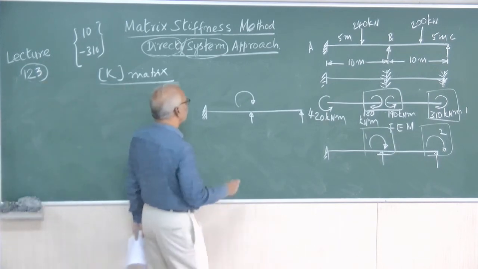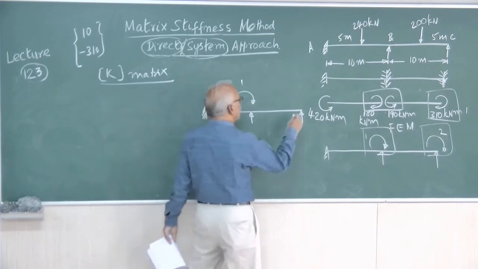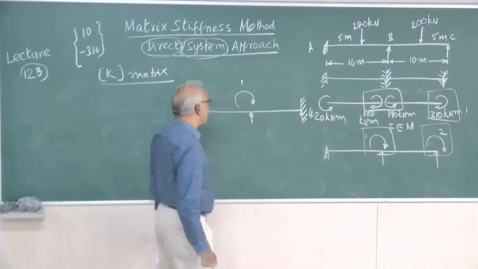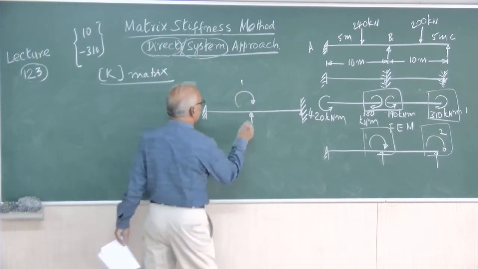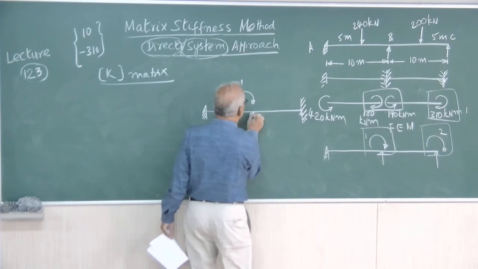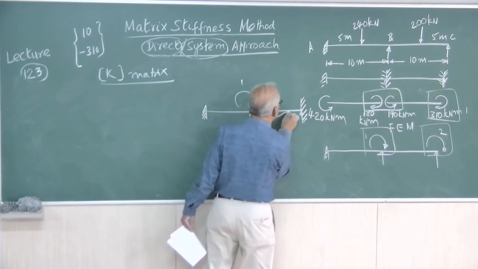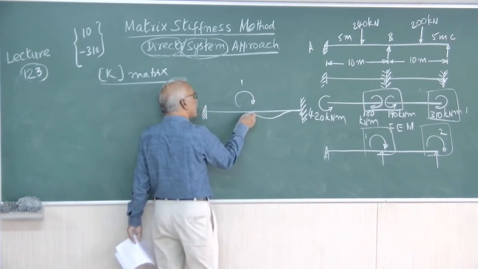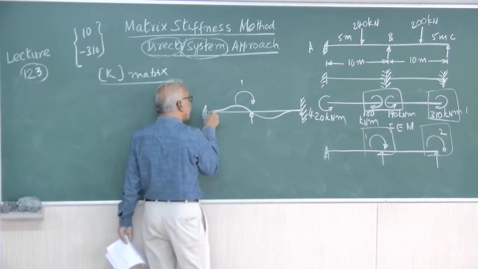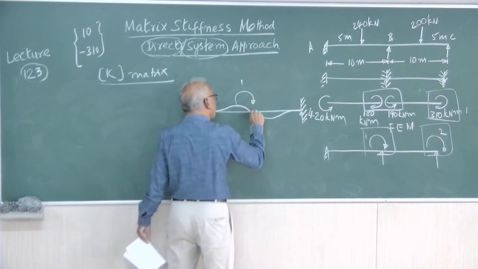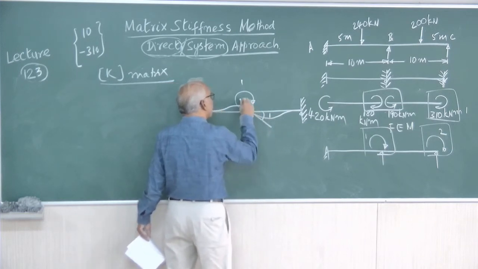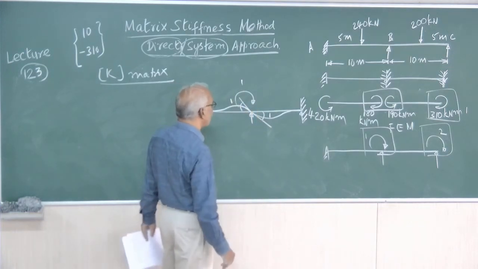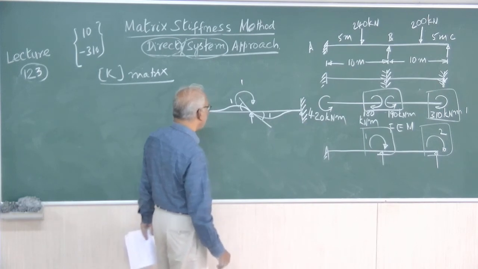Now here, apply displacement. Therefore, here this has to be treated as fixed when we allow rotation along coordinate 1. The corresponding displacement is rotation. So the rotation is unity, and here it is 0. When this undergoes a rotation, this will also undergo a rotation, and again it will be horizontal. So here when you draw a tangent, this is unity. Here also when you draw a tangent, this is unity. Only unit rotation corresponding to the coordinate.